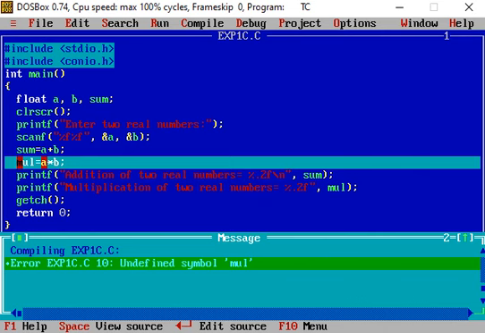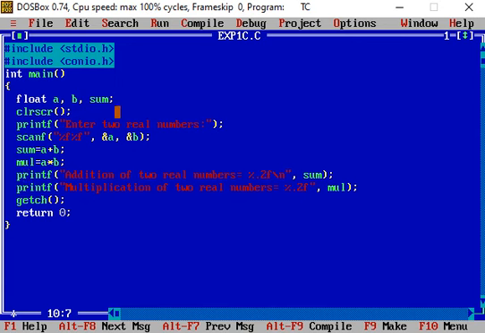So here this mul is undefined. We have not defined it previously before using it. That's why a compiler error message is displayed. Now we have to remove this by declaring the mul variable. So mul is now declared.